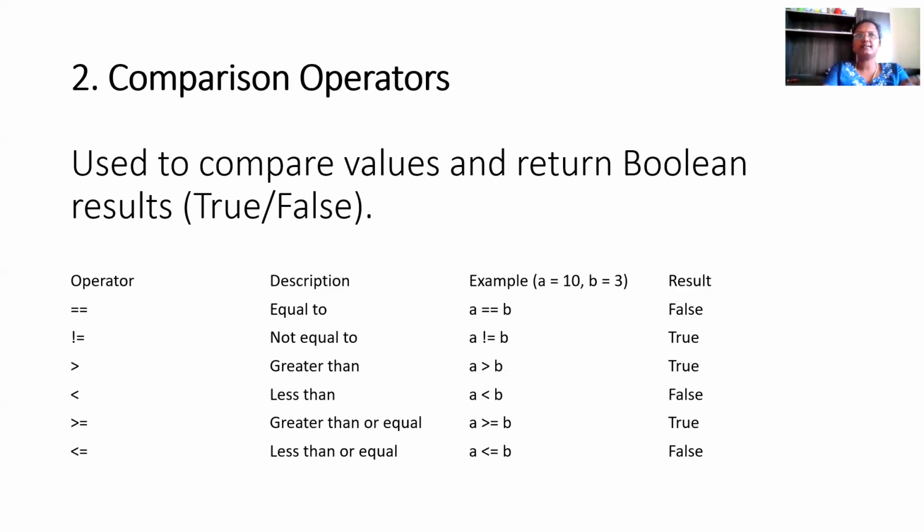For example, as I said, in the example of medical data, we have to give the output whether the particular patient is affected with some disease or not. If it is affected, whether it is true or false. So that is the outcome of data analysis, right? So what are the comparison operators available? Equal to, not equal to, greater than, less than, greater than or equal, less than or equal.